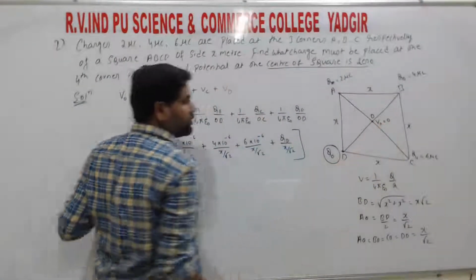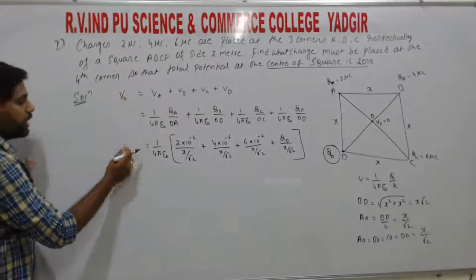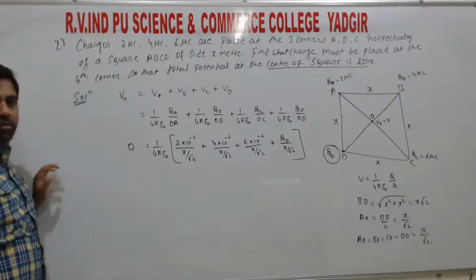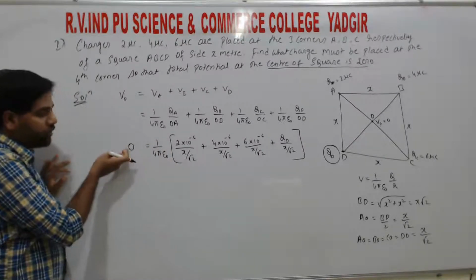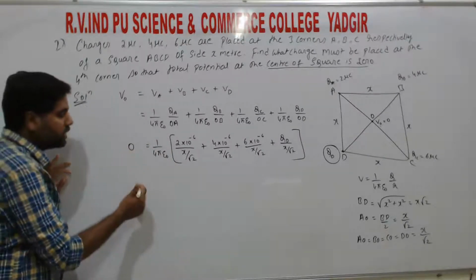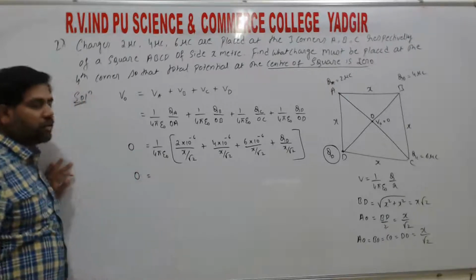That means VO is 0, right? So substituting here, VO is equal to 0, so this value becomes 0. 1 by 4 pi epsilon naught, if we shift to the LHS, it becomes 0, right? So 0, that is equal to